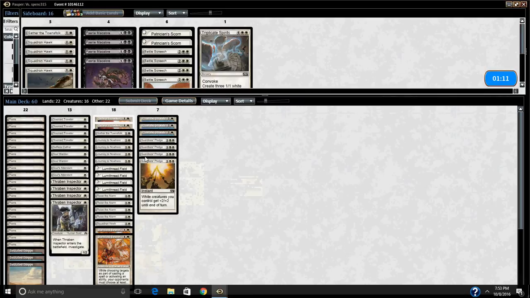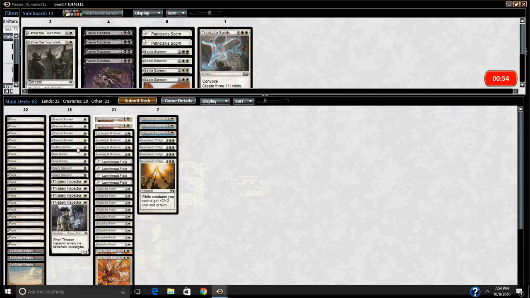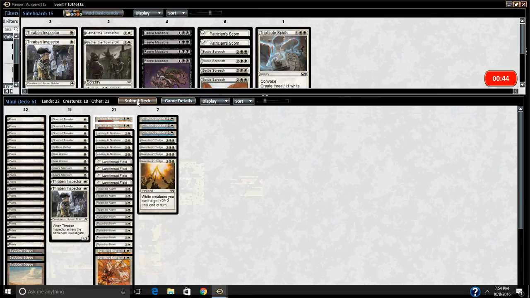Oh my goodness. Alright, we need to act quickly, so I'm gonna try and put all the Hawks back in. And I guess we'll have to cut something like Thraben Inspector. We have 1 minute. Selfless Cathar actually speeds up our clock a little bit. I guess we'll cut Thraben Inspector, even though I would want 1-drops. Jeez. Oh, I can't even submit now. What the hell? I have to submit a 61 card...